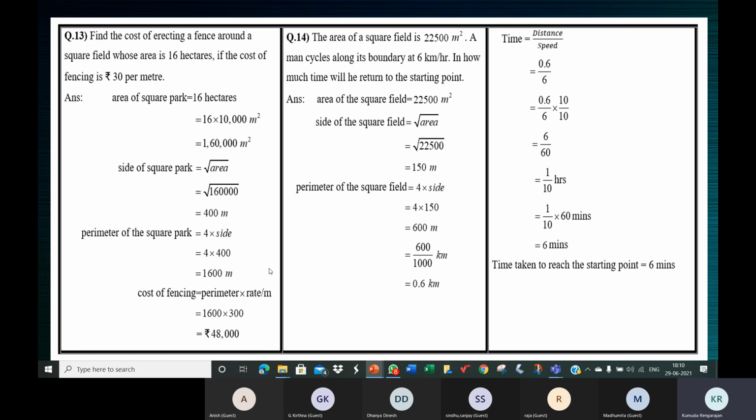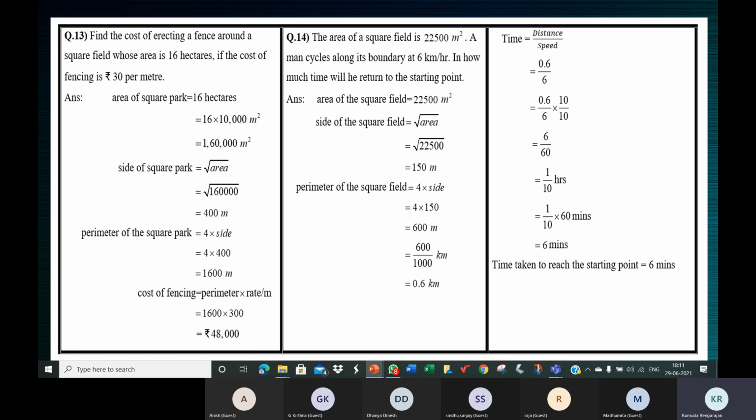Then supposing you walk along the boundary of your square park, okay, there's a mistake, no? In the question I've given field and here I've written park. I'll change it. Okay, so square field. When you walk on the boundary of your square field, you would have walked 1,600 meters,